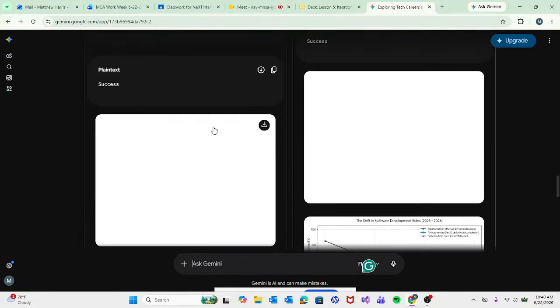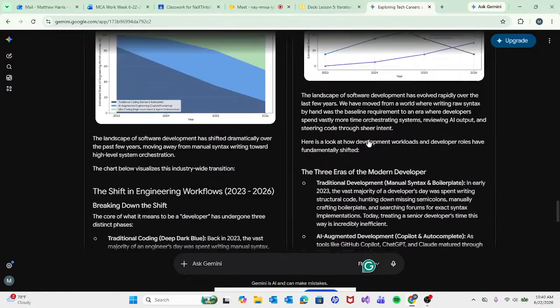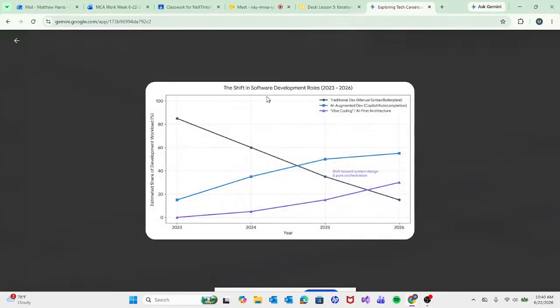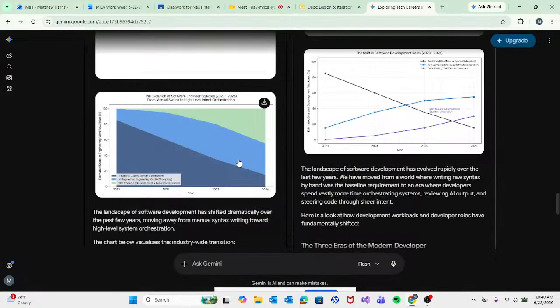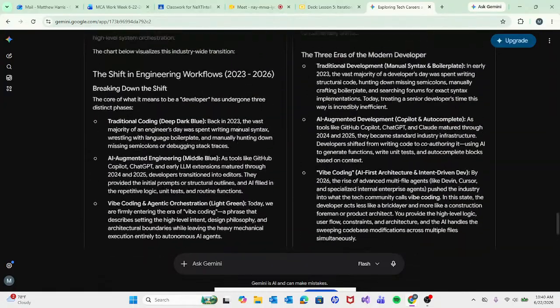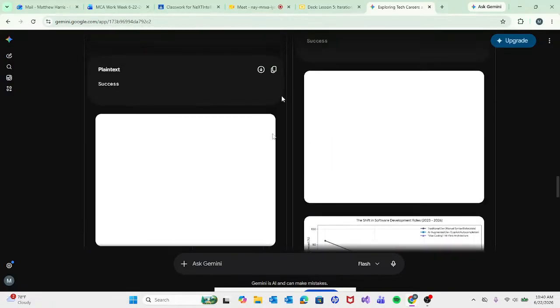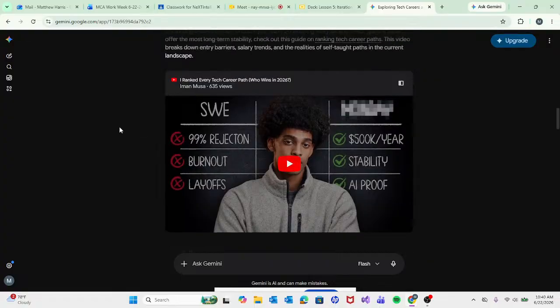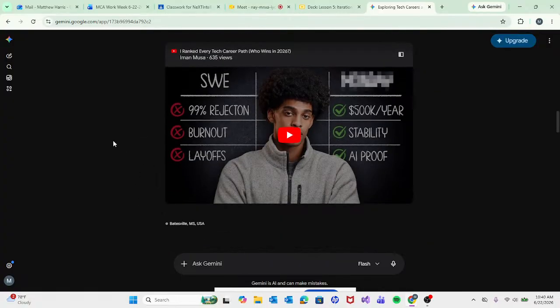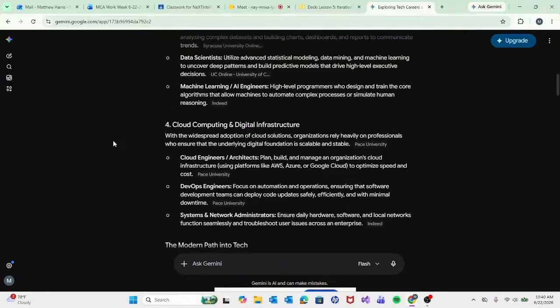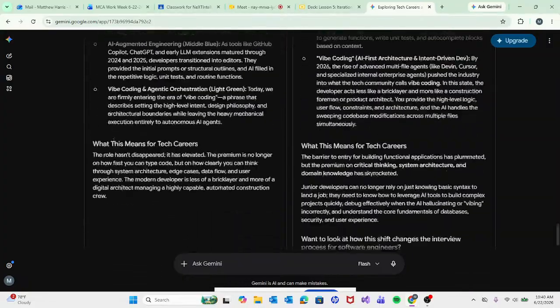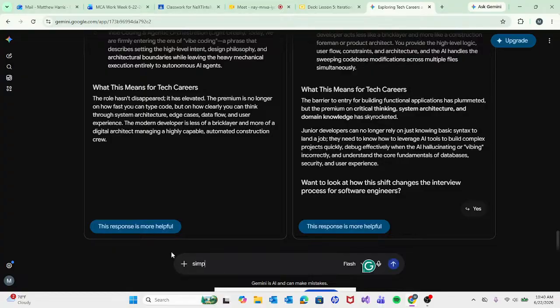So it gave us some in-code version, but we do have a chart graph there. Let's see. Estimated share of development workload, shift towards system design and pure orchestration. It's letting us train it on it, gave us multiple so we could say which one was more helpful. I would have watched, say, and see if the video was a good resource or not. We could follow up on the original thing of simplify